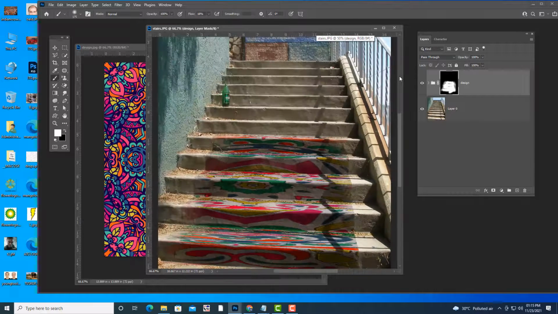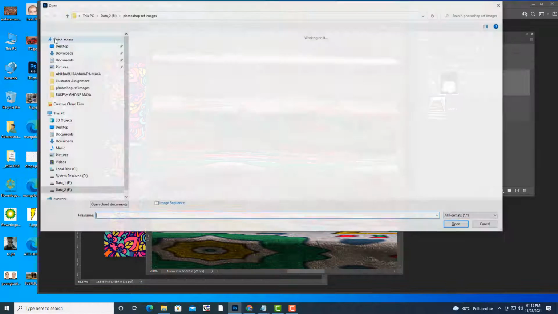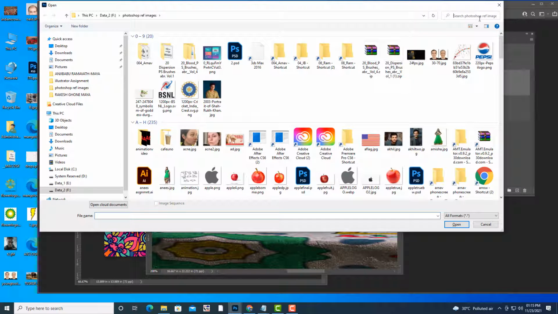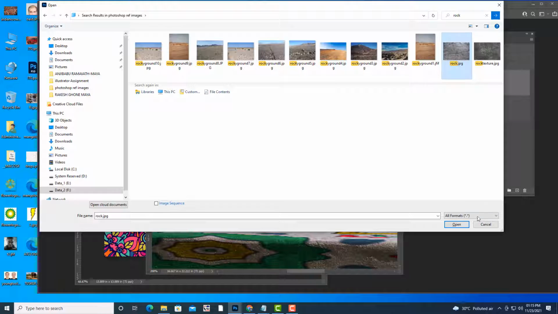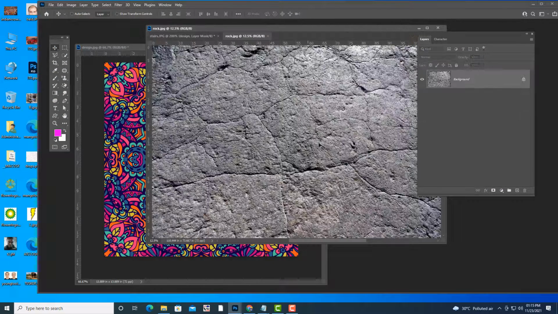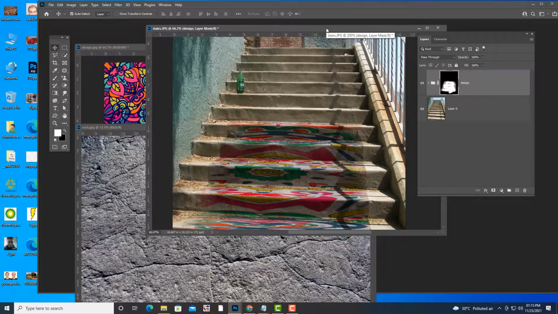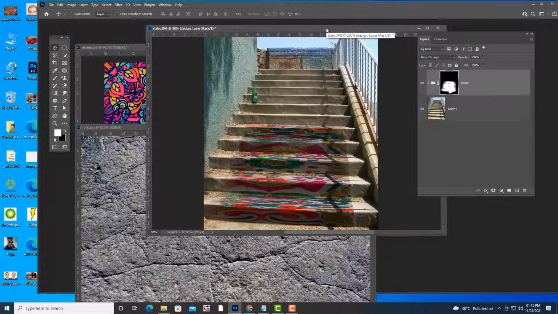Then next thing what I will do is, I want the design to have some rocky texture. Okay, something rocky. So I am going to get the image of some rock, or we can say rock texture. You can call it rock texture. So here we have this rock texture, so it's taking time. Okay, so this texture I am going to apply to these stairs, so that the design will look very hard.